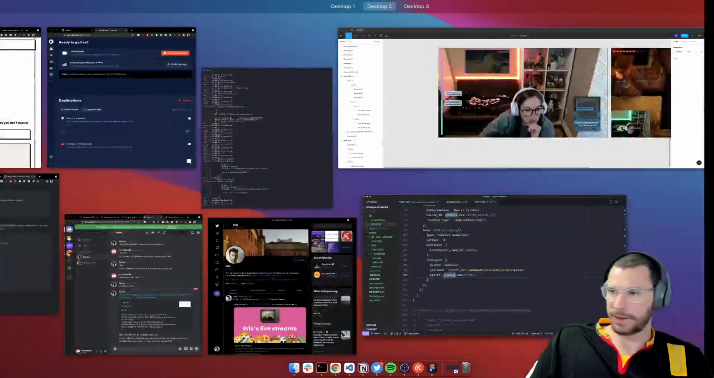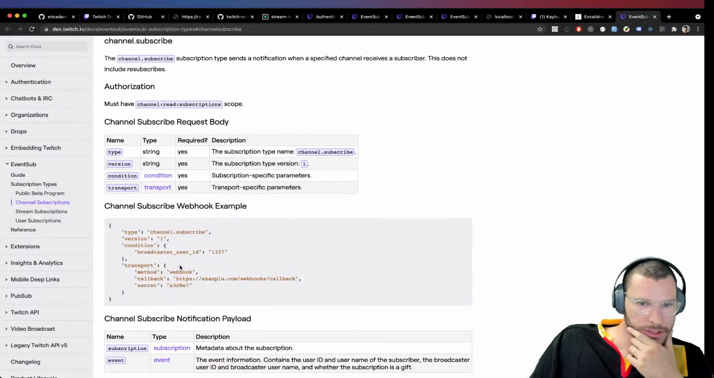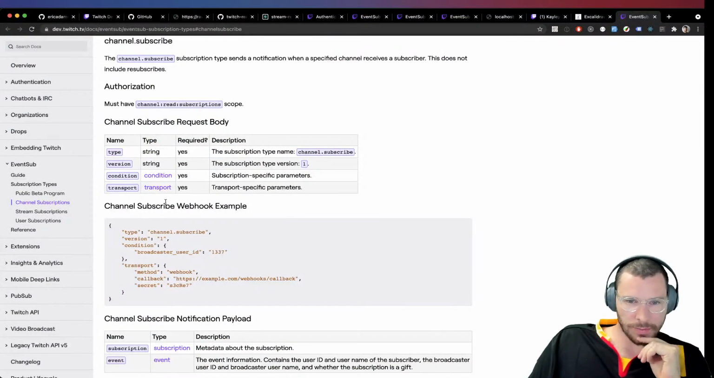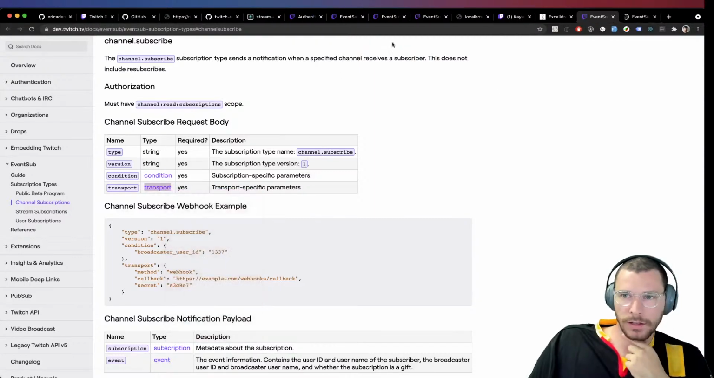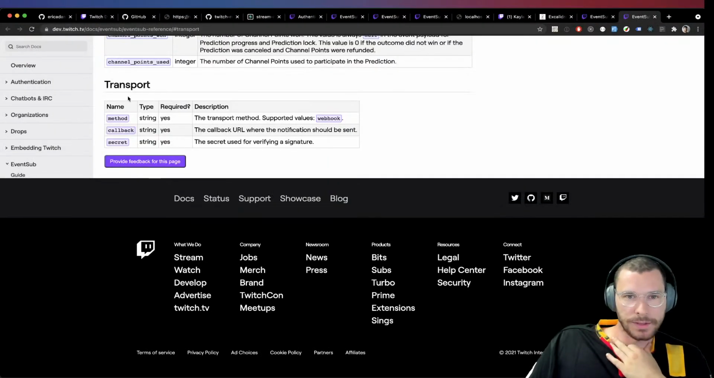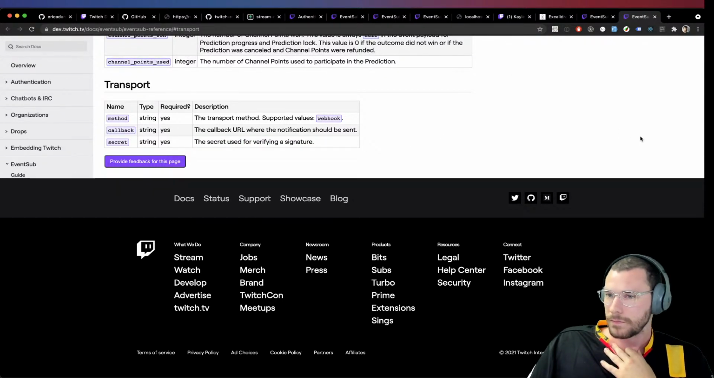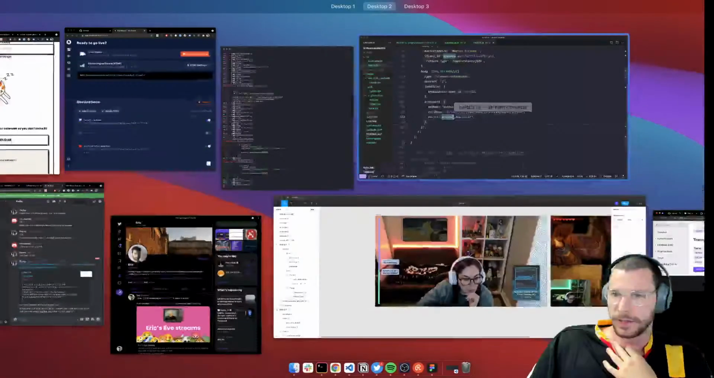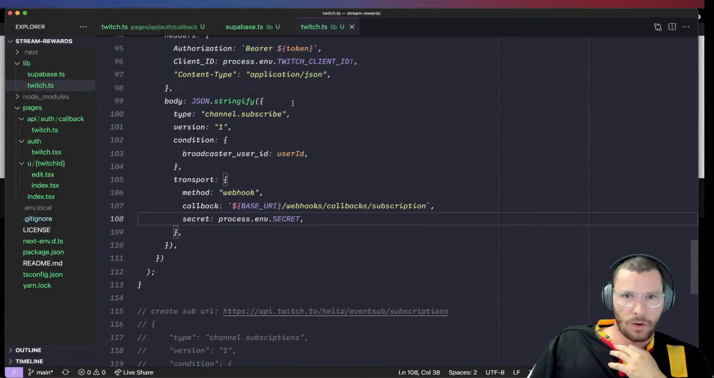know. Let me read the docs again because I don't know what this secret is supposed to be. Transport. Open the link. The secret used for verifying a signature. That should probably be consistent. It can't just be random. Great. Let me generate a random secret then, later. Or for now, for development, I guess I can just do